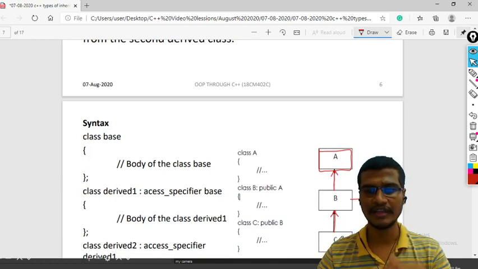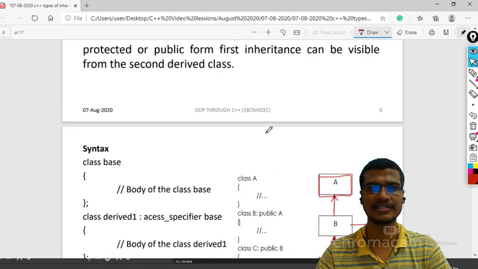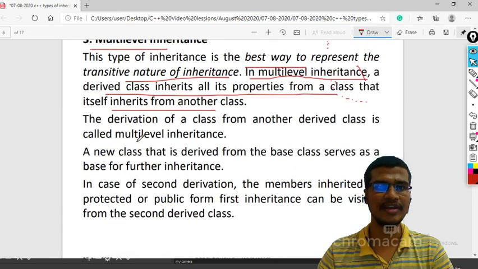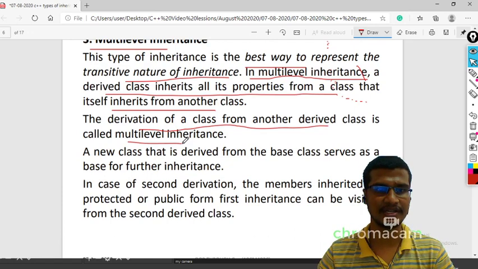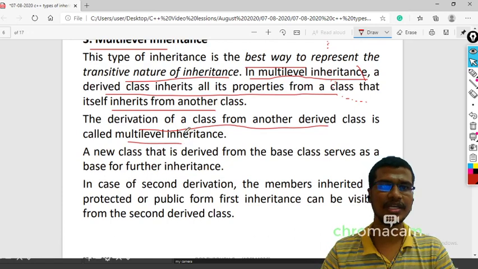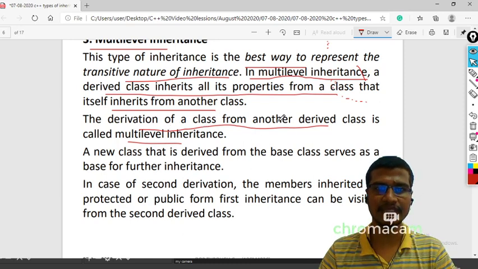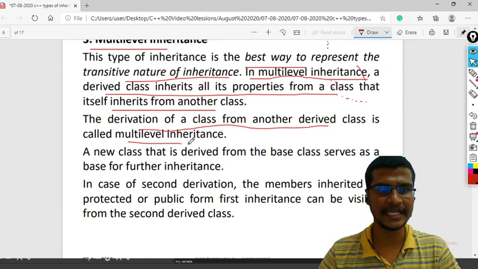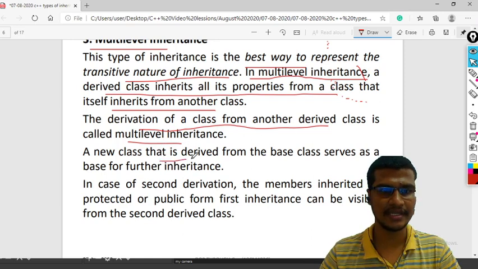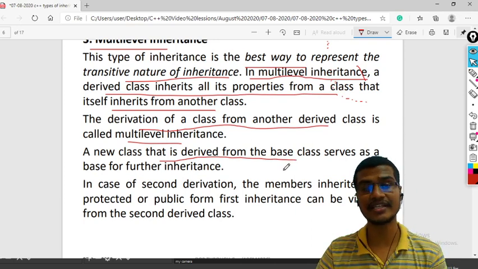So if any class is derived from another derived class, then that type of inheritance is called multi-level inheritance. A new class that is derived from the base class acts as a base class for another.